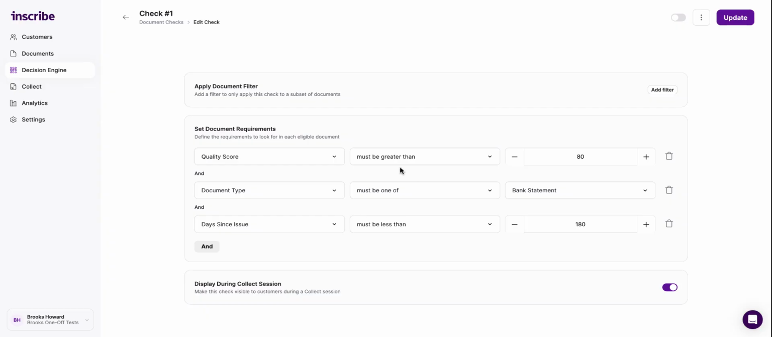And then the third check that I'm setting is that the quality score must be greater than 80. So the quality score is an indication of how readable or clear the document is. So if we're getting a document that has a low quality score, it's unlikely that we'd want to process or potentially accept it anyways. Last step I'm going to take is I'm going to display this check during a collect